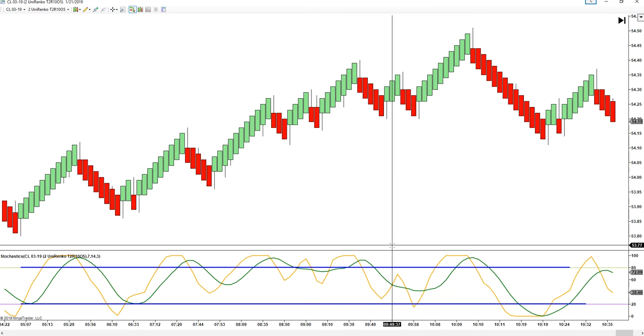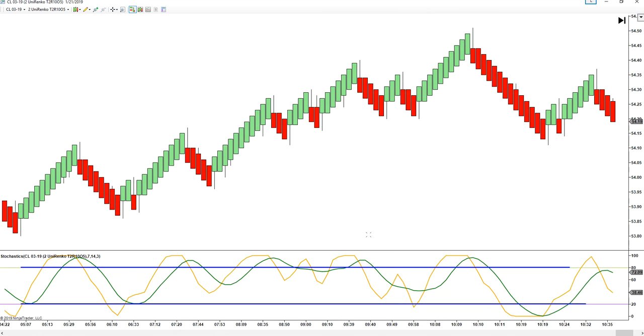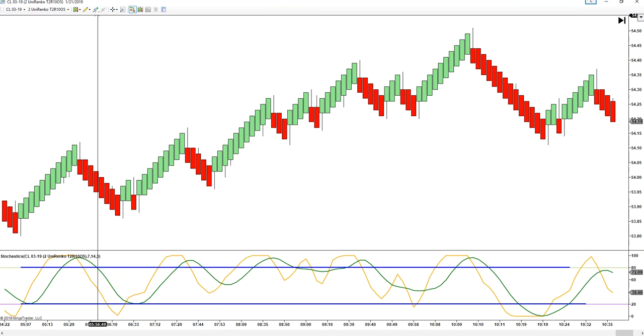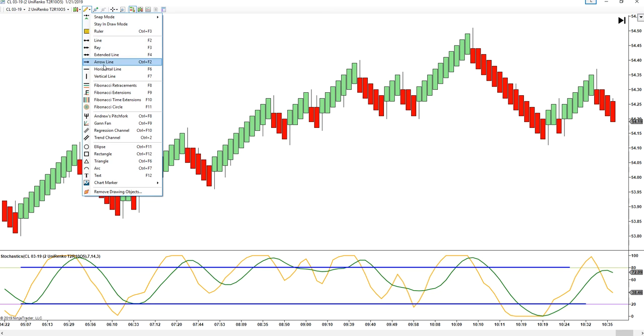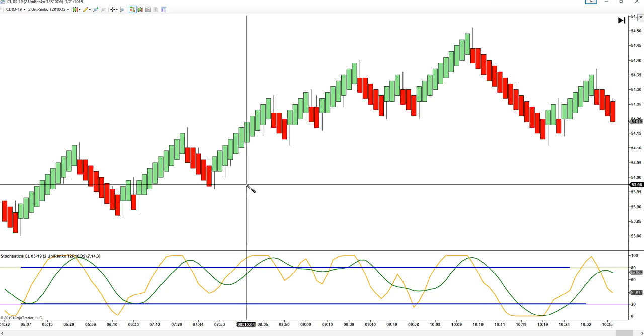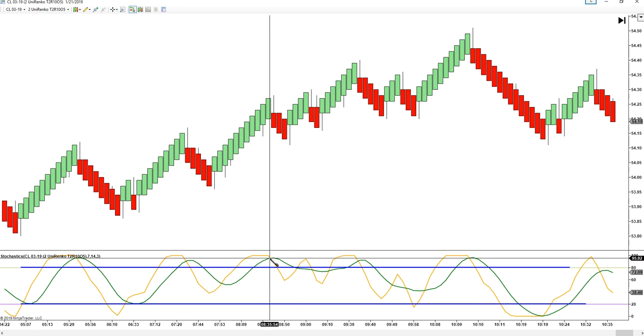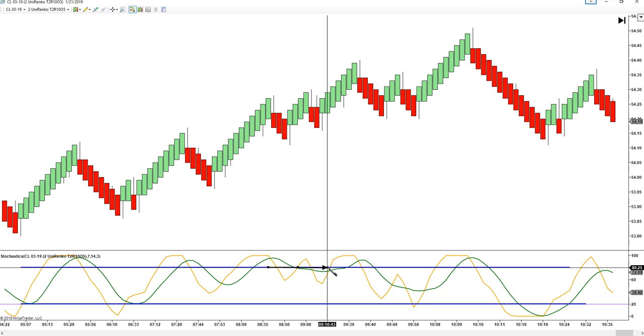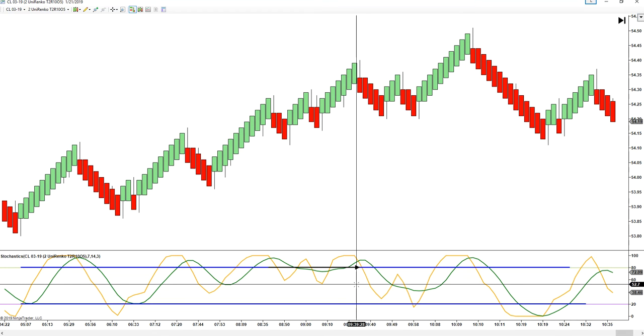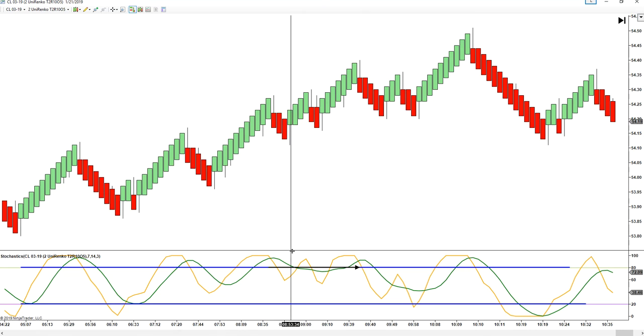What you want to do is take a signal. You have to have two parameters met for there to be an entry. You have to have the stochastic line cross the signal line, but it's got to be below the 80 line. So in other words, right here,